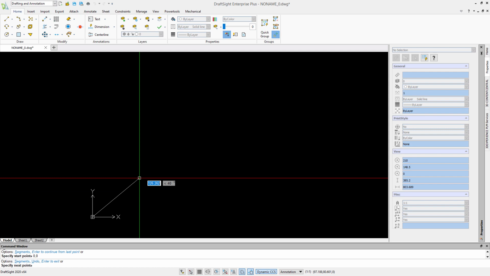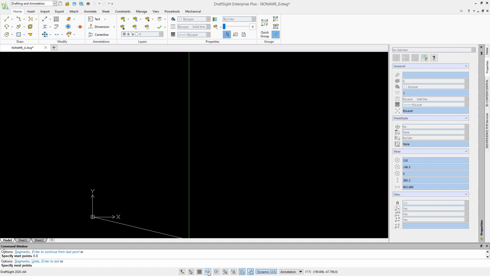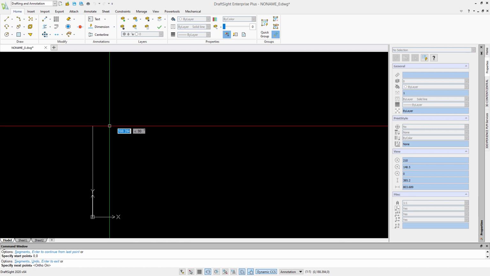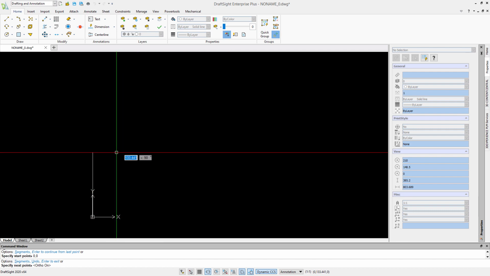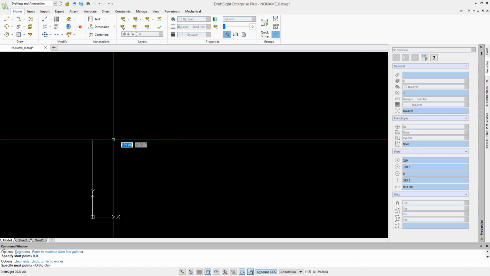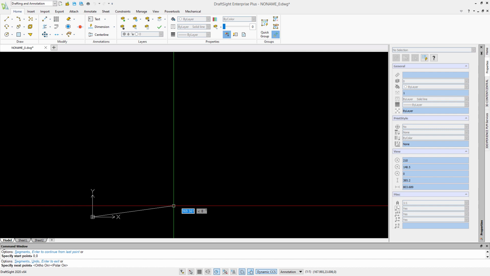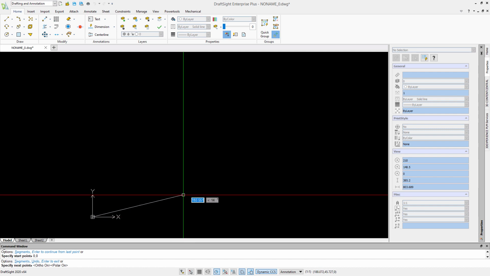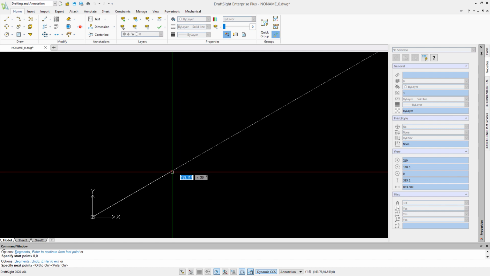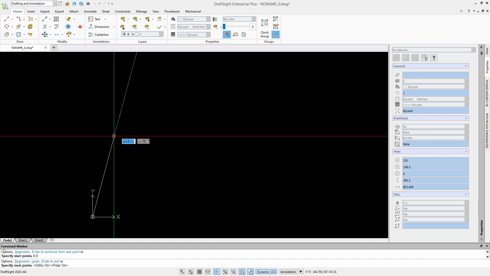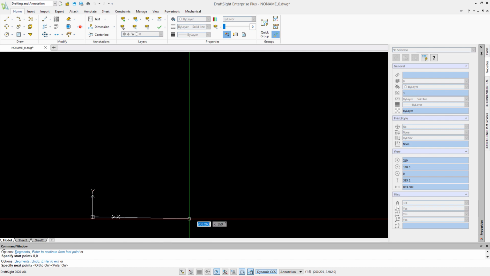If I only want to draw in the X and Y directions, I can activate the ortho mode in the status bar. With that selected, my lines can only be vertical and horizontal. For more options, I could choose polar tracking, which snaps the lines to align with 15-degree increments. You can change this in the options should you wish, but I find 15 tend to work the best.